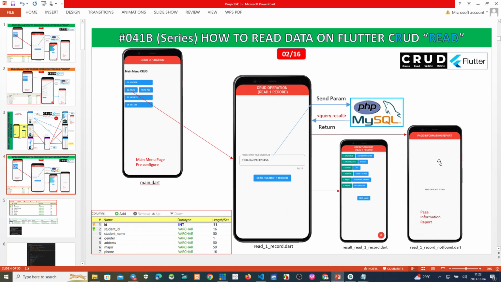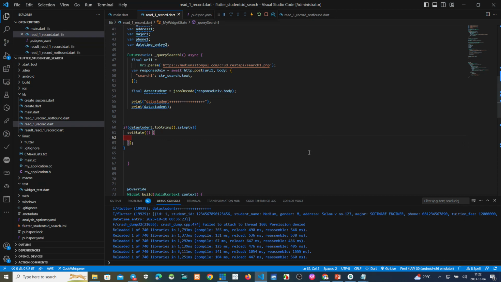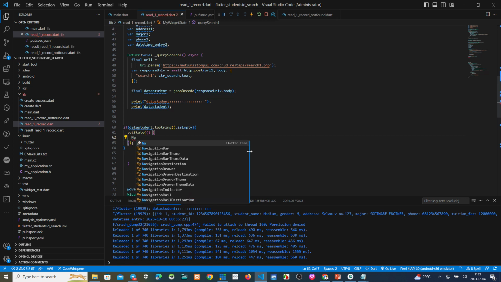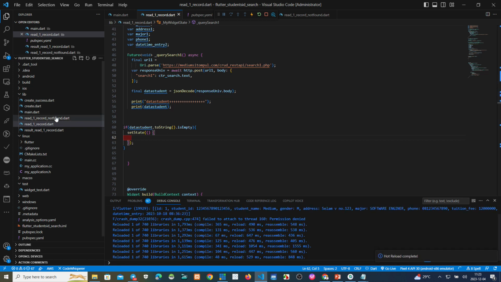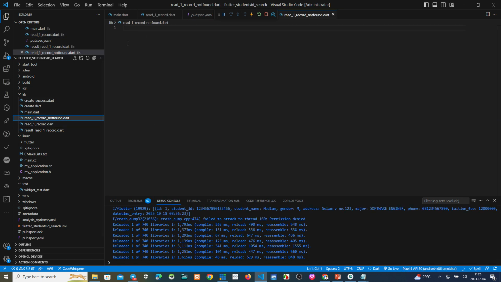If not empty, the data go to this one. Okay. If empty, set state, go to this one. We make this navigator first. Okay, I think this is not empty. Go to this one, not page. Yeah, we copy this first. If data empty, go to this page.